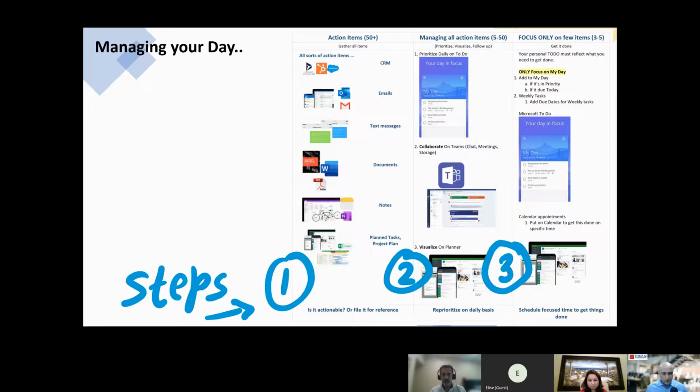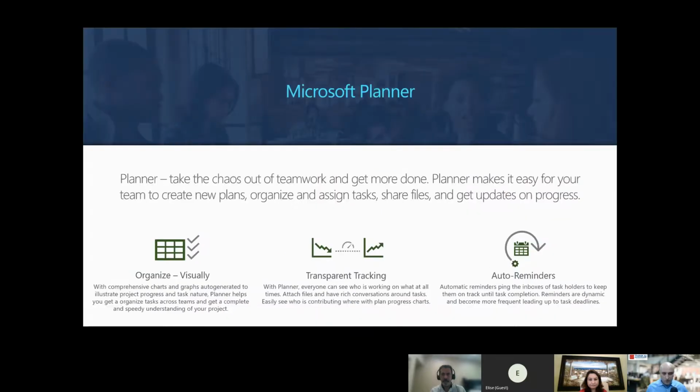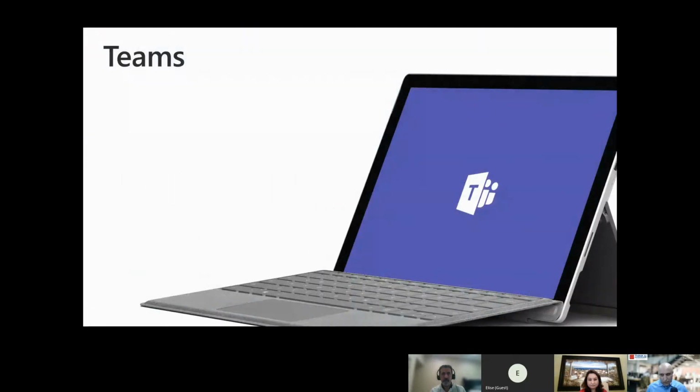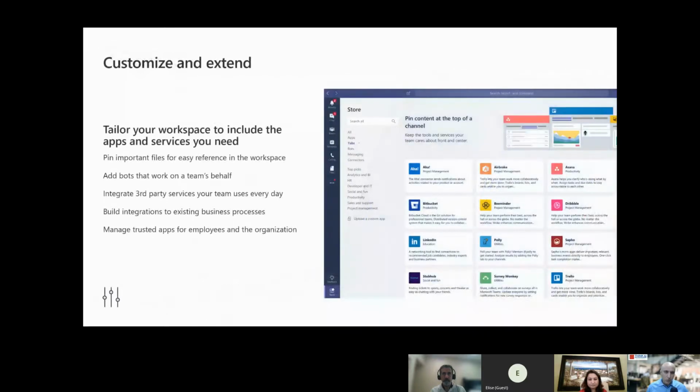Okay. With that, let me see what else I wanted to show. I think planner, we talked about that. Then we talked about getting use of Teams. You can add more tools to it. So there are ways to bring more details to Teams. So you can keep the tools separate, but also you can integrate them together. So it flows to Teams, and then from Teams, you can tag to-do, that kind of thing.